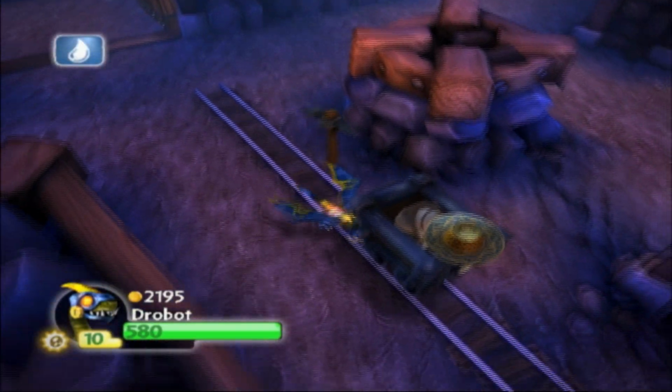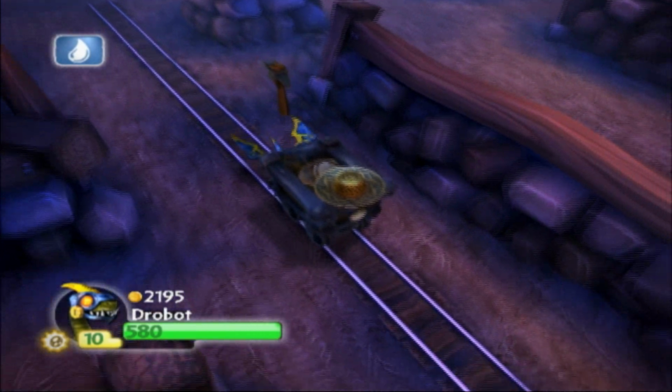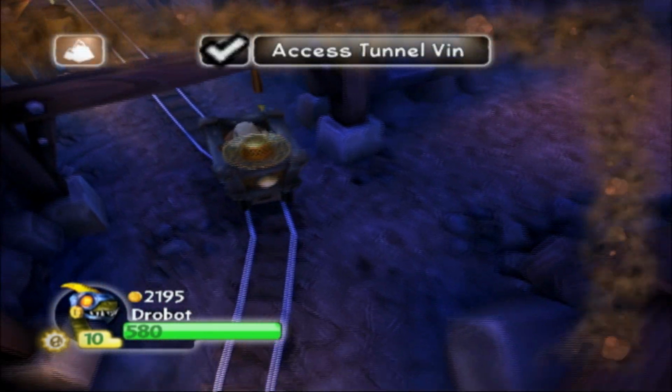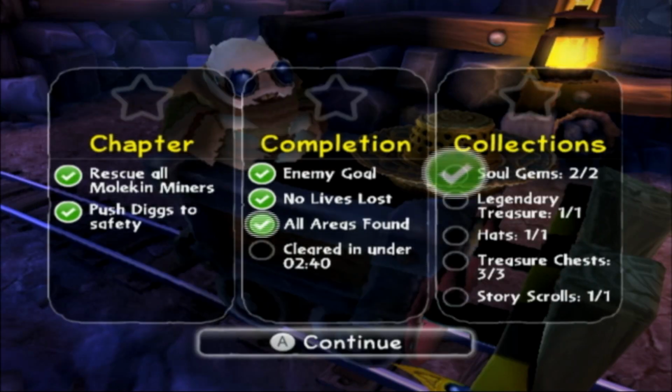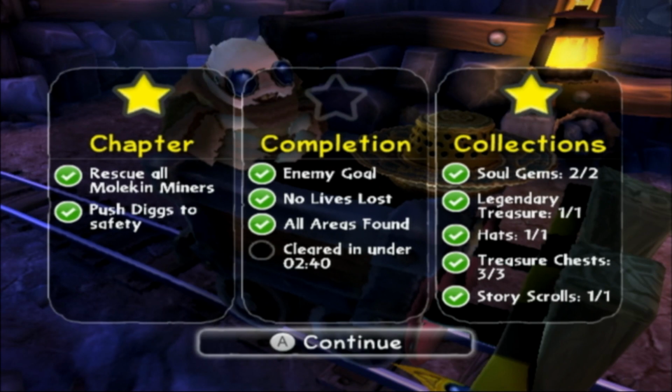With everything collected, Digg complains about how he can't walk and needs us to push him in the minecart. He does have the Crucible of Ages with him though, so it's not all that bad. Finally, a good clear where we're only missing the time goal, so...